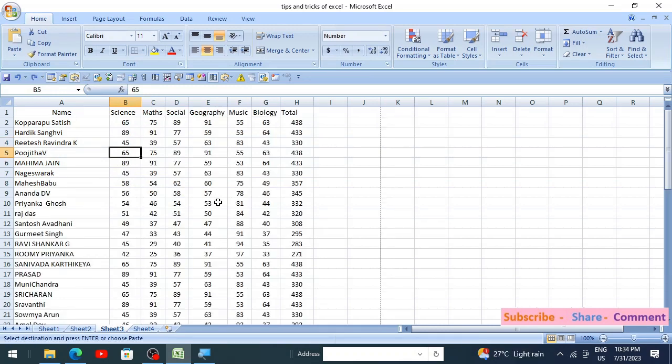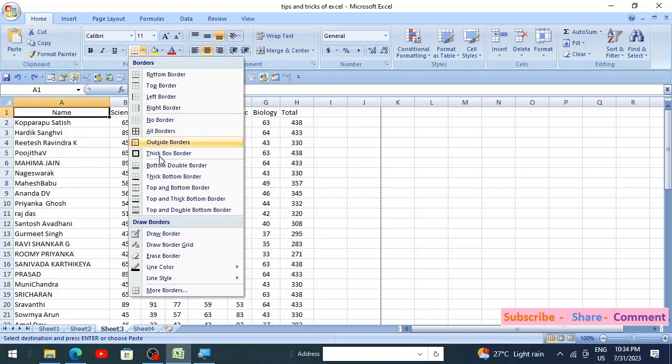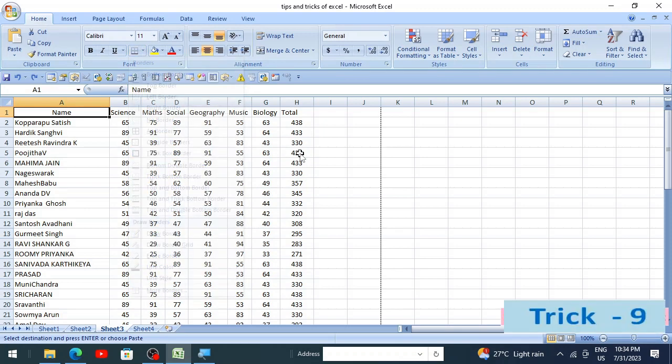The next trick is how to format the table very fast, like within a second, within a moment. So if you want to put a table, then we have to select this, then we have to insert a table and all those things. We have to go here and have to insert the table borders and all those things. So without doing all those things, how to insert a table or how to format this data, right? So as simple as it is,